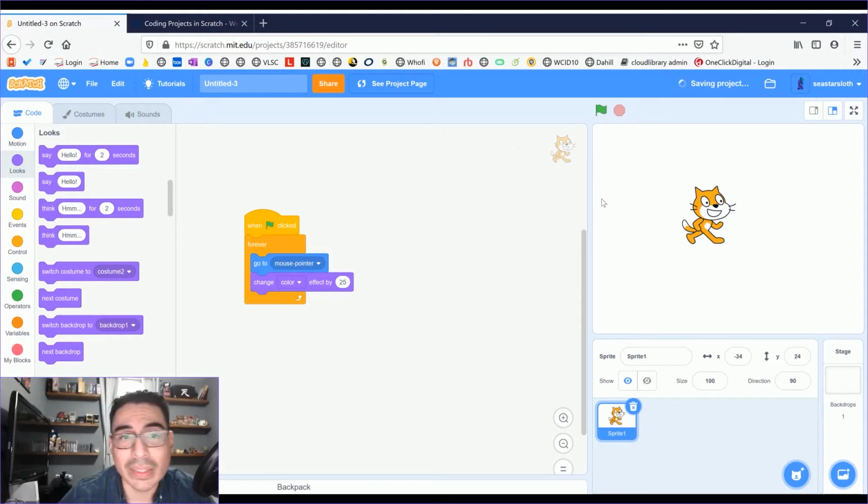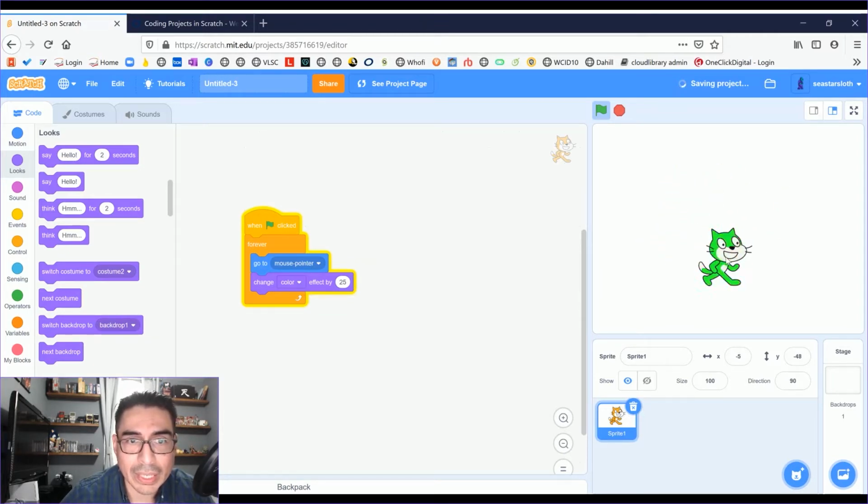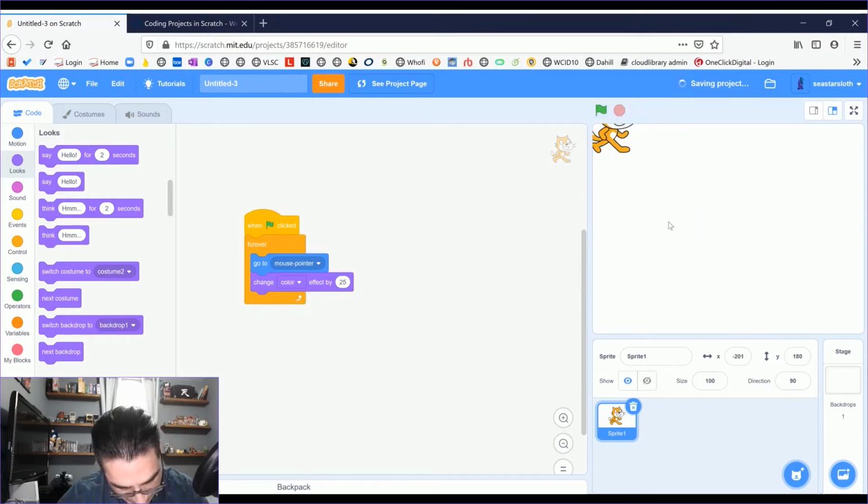Now let's test it out and see what happens. So not only is it following my mouse pointer forever, it's also changing the color effect by 25 forever. Pretty cool.